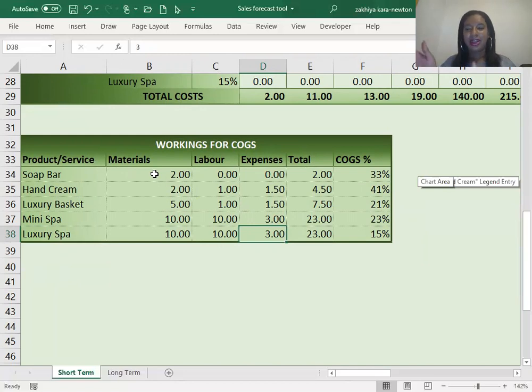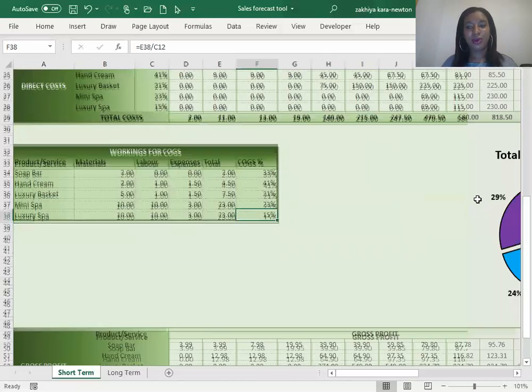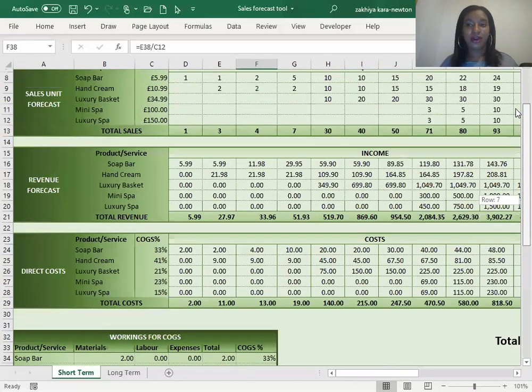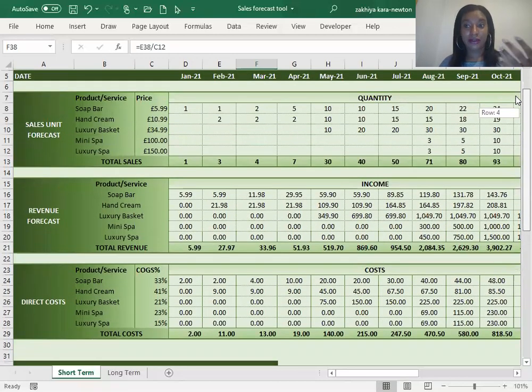And expenses are anything else that doesn't really fit into those two categories. And then we sum them up. That's just a formula that automatically calculates it for you. And then we work out the cost of goods percentage. So what percentage of our sales, of our revenue, is taken up by the cost of having to sell that